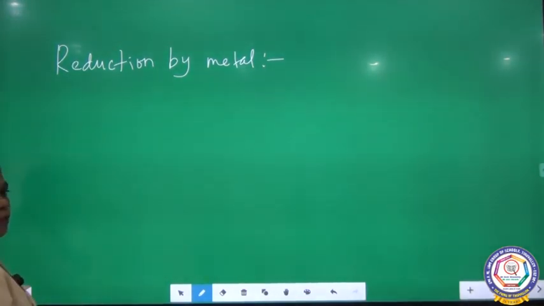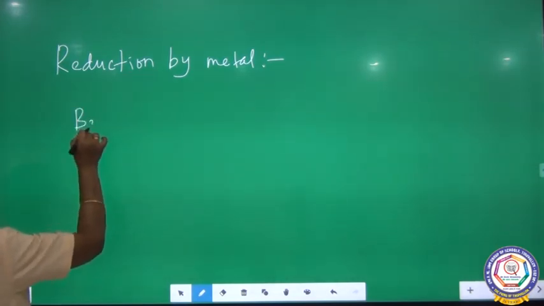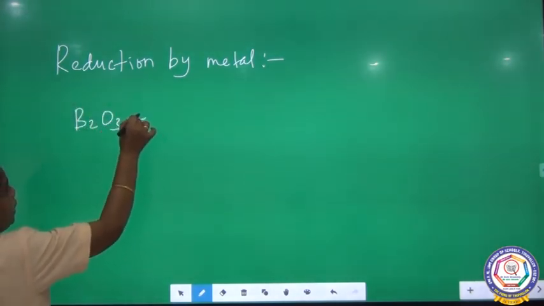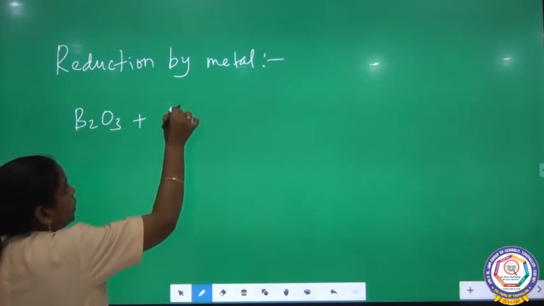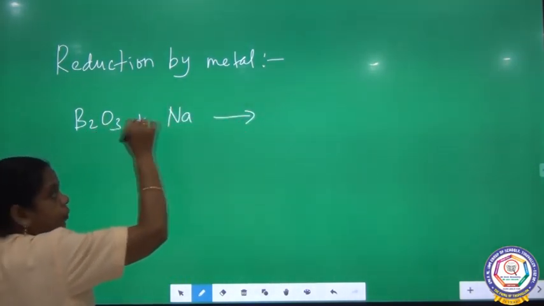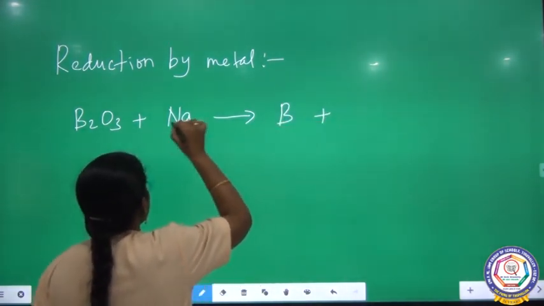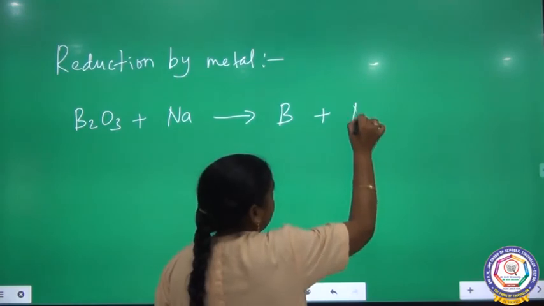Boron oxide can be reduced by using sodium. Boron oxide can be reduced to boron plus sodium oxide,